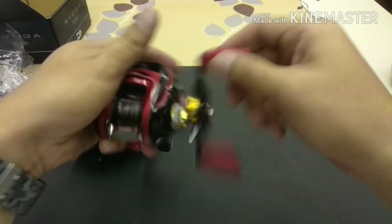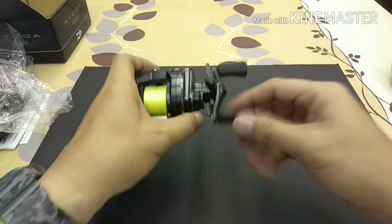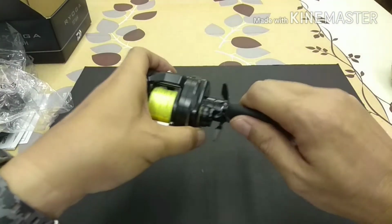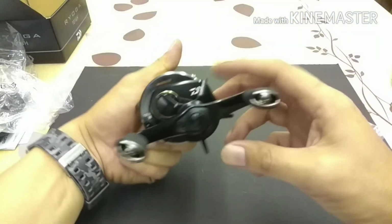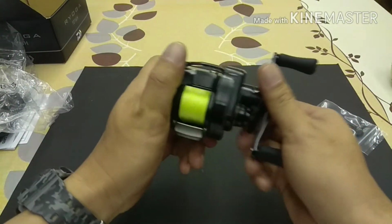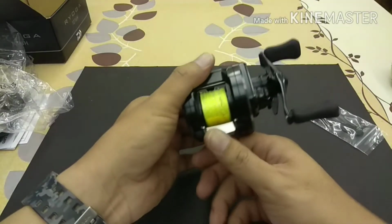So I'm very used to this. Then now we have the thin ones. This very, very thin, very rubberized, very grippy kind of grip. So yeah, otherwise the whole thing is in black. Everything seems to work fine. It's not heavy, and